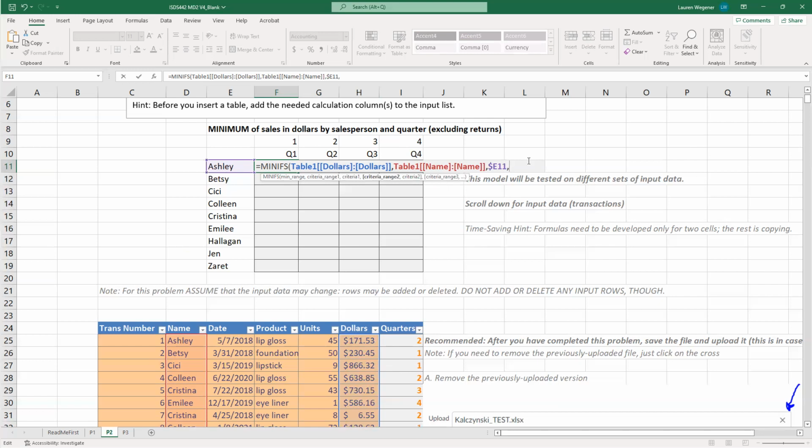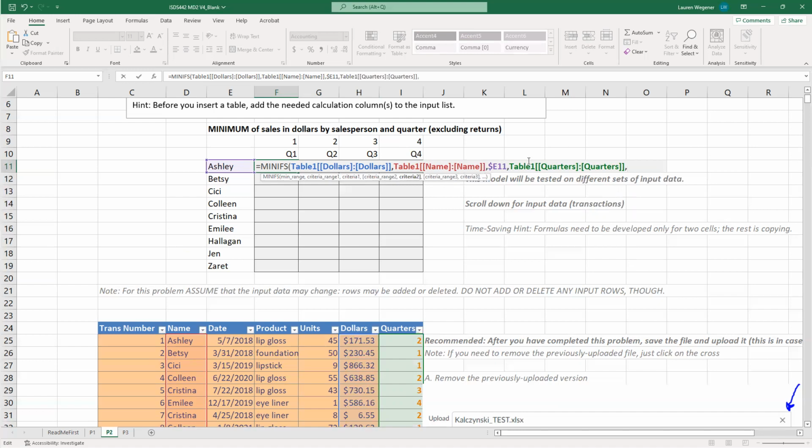So I'm going to want it to do table 1, quarters, colon, oops, quarters, bracket, bracket, bracket. Okay, so now it's going to search the quarters column